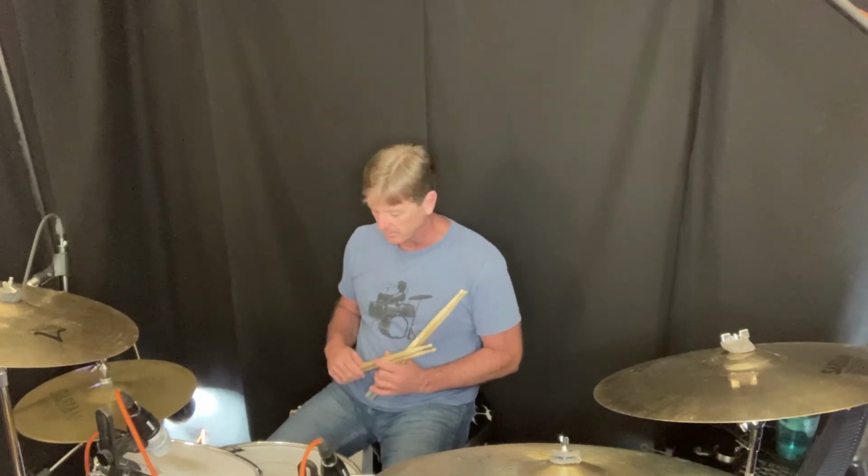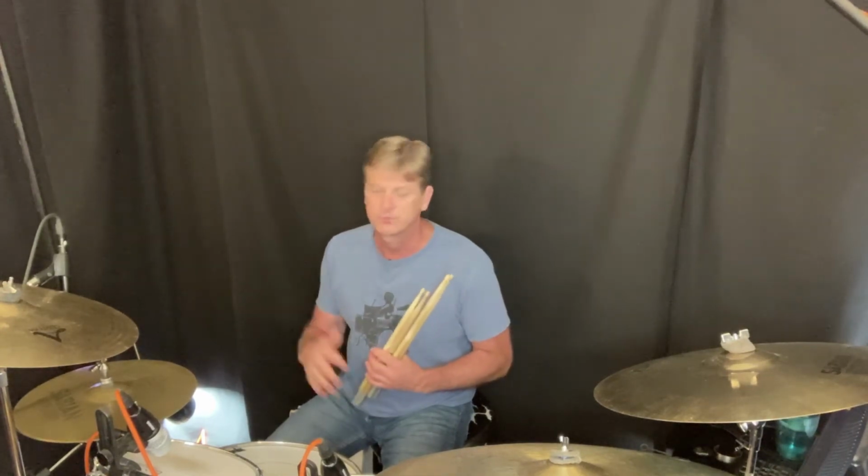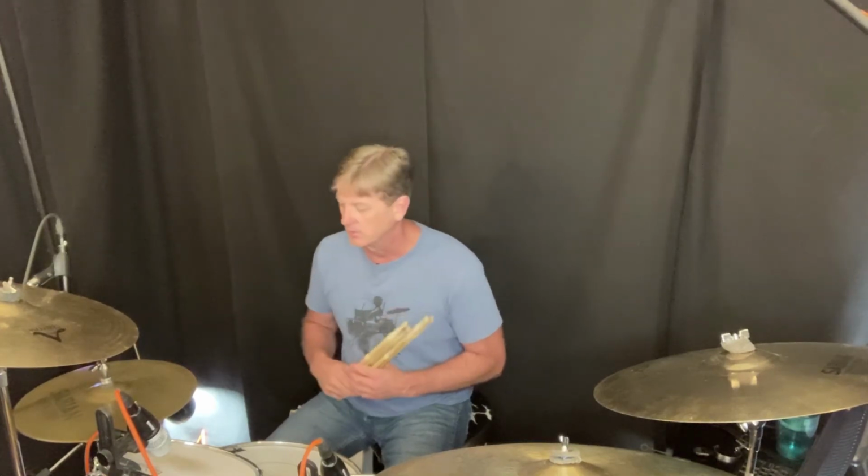The feet. What are the feet doing? They're providing the pulse, the bass drum and the hi-hat playing at the same time. I think the song is in 2-2, meaning 2 half notes per measure. 1, 2, 1, 2. So if you put it together,